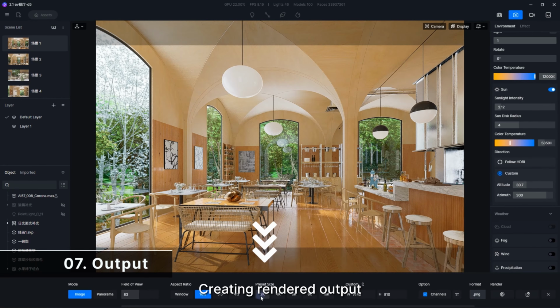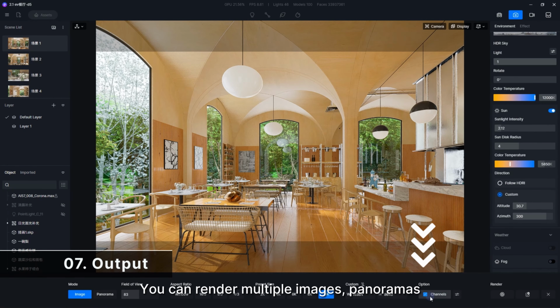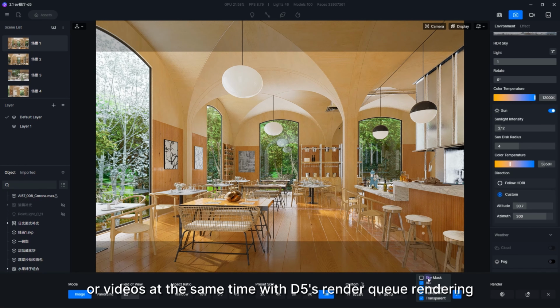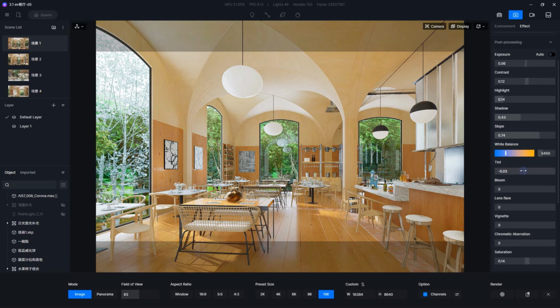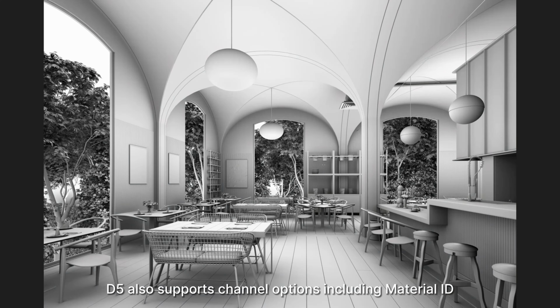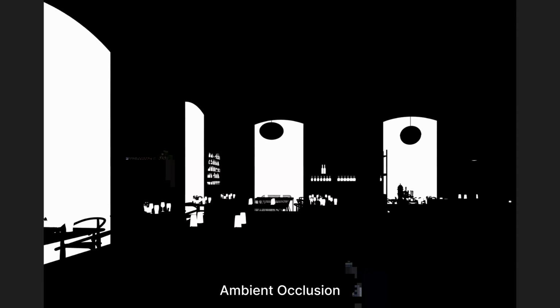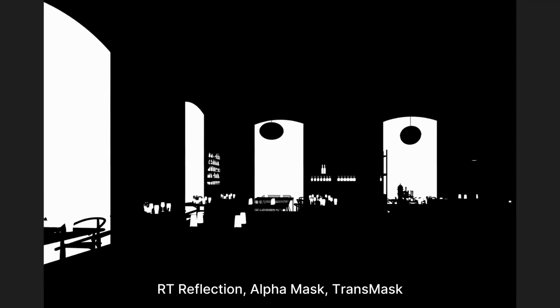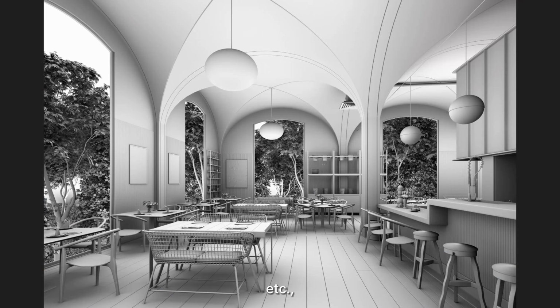And Step 7. Creating rendered output. You can render multiple images, panoramas, or videos at the same time with D5's Render Queue rendering. D5 also supports channel options including Material ID, Ambient Occlusion, RT Reflection, Alpha Mask, Transmask, etc., which can greatly help